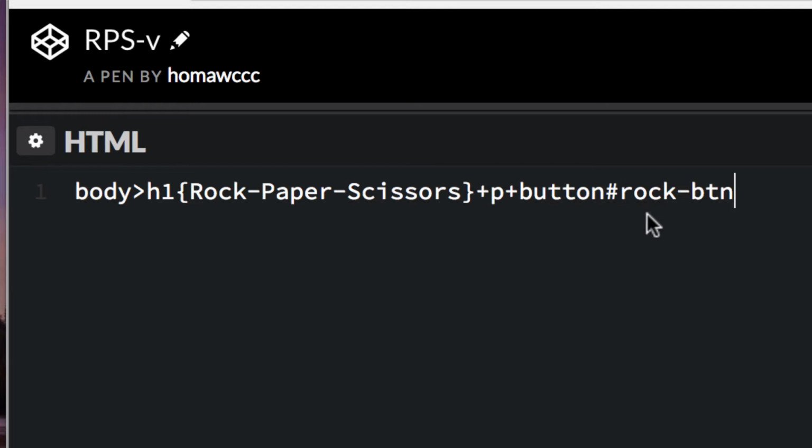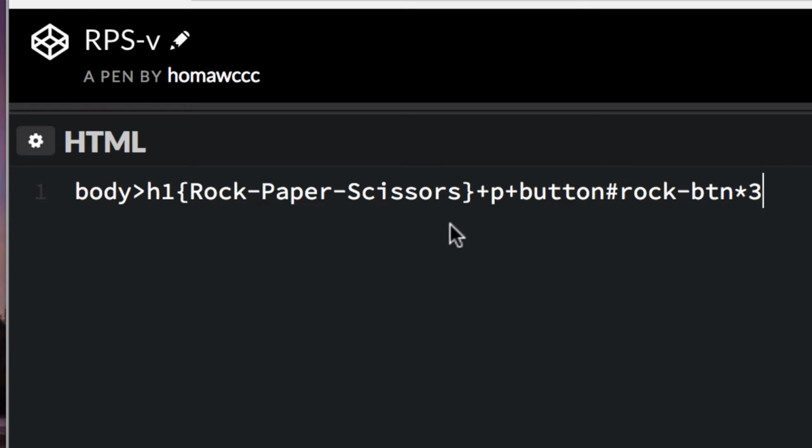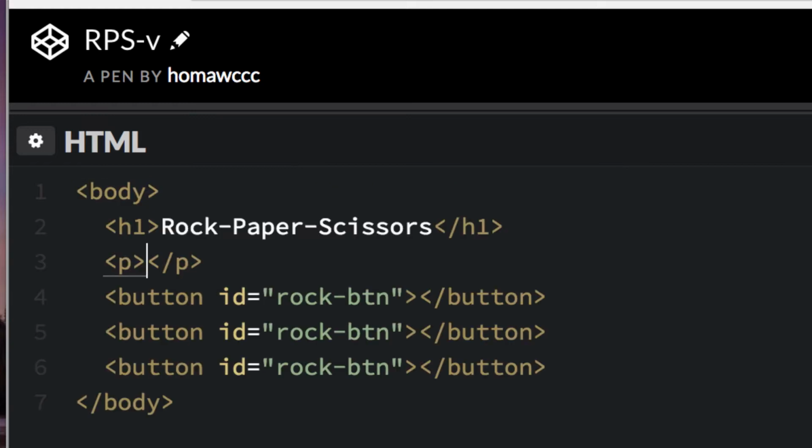And then we're also going to do times 3. So we're going to use the multiplication symbol, the asterisk, times 3, so it does 3 of those. And what that should do is give me my body tags with my H1, my paragraph, and my buttons inside once I hit the tab key. Let's see how that works out, and that's exactly what I wanted. And this finally updated. Now what I want to do here is make this my paper button, and everything we'll